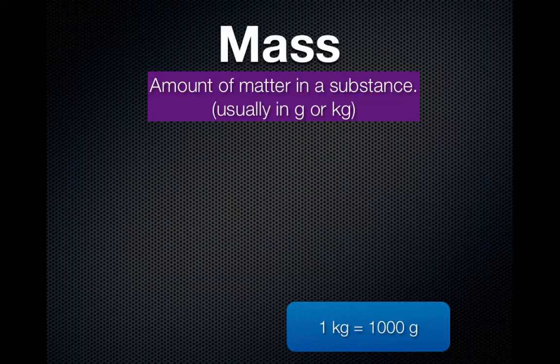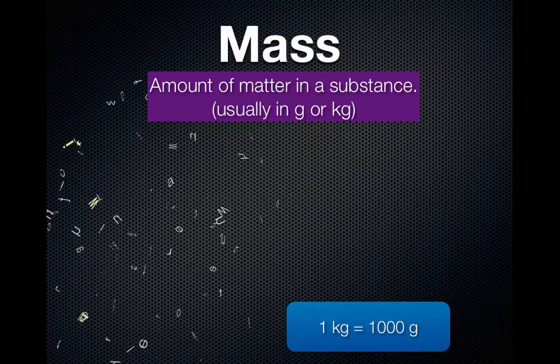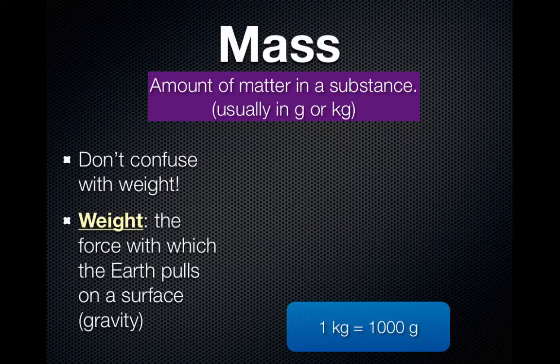First up, we've got mass. Mass is the amount of matter in a substance, and it is usually measured in grams or kilograms. A conversion that you should know is 1 kilogram is equivalent to 1,000 grams. And the key thing is with mass, make sure that you don't confuse it with weight, because mass and weight